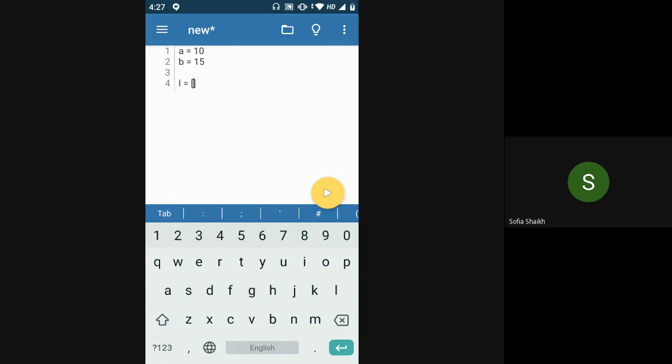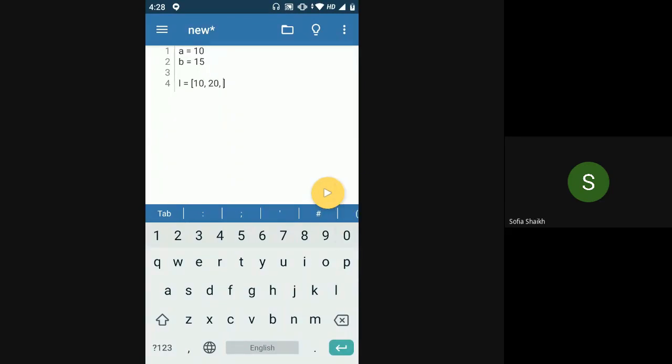So for declaring a list, you will have to use square brackets like this, like the ones we had used for string, for getting substrings out of string, right? And for accessing characters from string, the same square brackets you will have to use when you want to declare a list. And whatever items or values you want to be a part of the list, you will be adding in these square brackets with a comma in between.